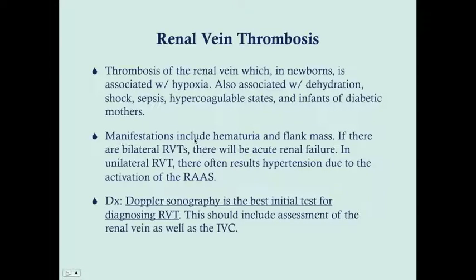The manifestations of renal vein thrombosis are going to be typically a flank mass, and that's just because of the increased back pressure from the kidney. Hematuria is usually going to be present. If there's bilateral renal vein thromboses, there'll be acute renal failure. However, if it's just unilateral, then the renal function should be fine. In unilateral renal vein thrombosis, there usually will be hypertension, and that's due to activation of the